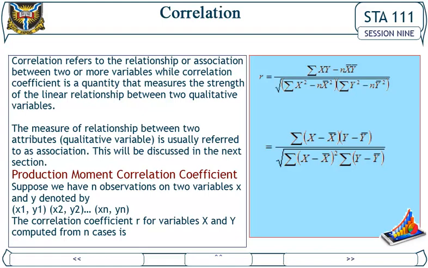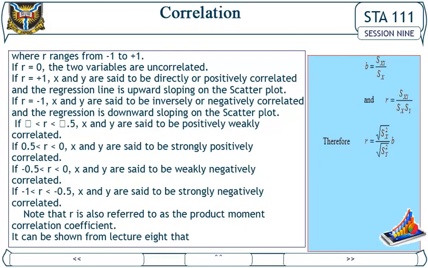The correlation coefficient r for variables x and y computed from n cases is r = (summation xy minus n x bar y bar) over the square root of [(summation x squared minus n x bar squared)(summation y squared minus n y bar squared)], which equals summation (x minus x bar)(y minus y bar) over the square root of [summation (x minus x bar) squared times summation (y minus y bar) squared], where r ranges from